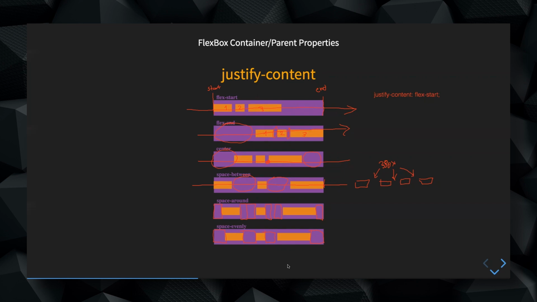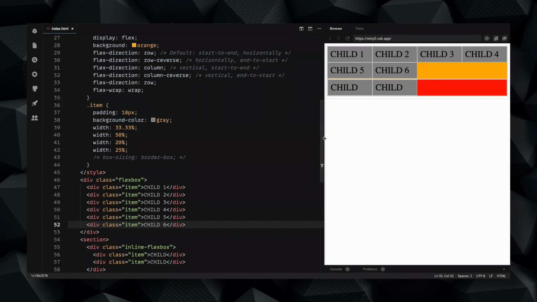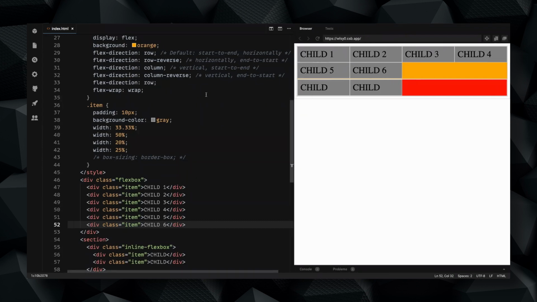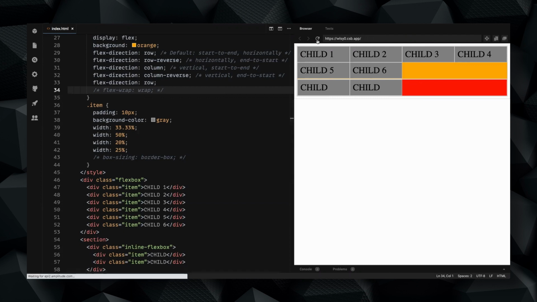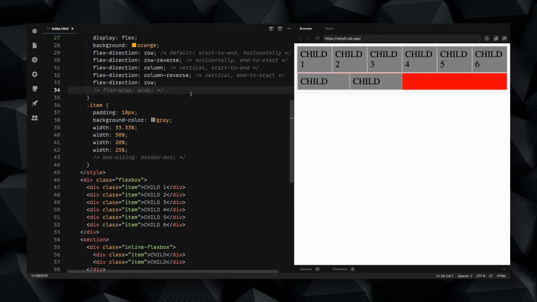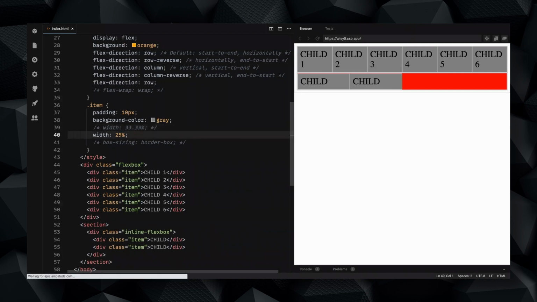So let's play around with these justify-content values. To do this, I'm going to switch back to flex-wrap: nowrap, so I'm not going to wrap the children. And I'm going to also comment out the width, because in order to see the results of justify-content,